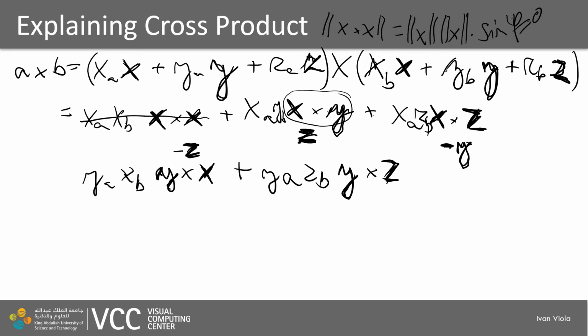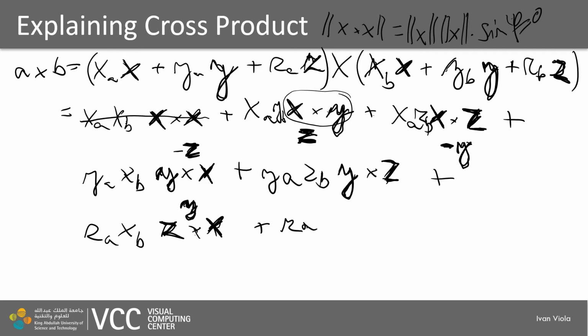And finally, ZA XB will be Z cross product with X. What is Z cross product with X? It actually is Y vector, positive, and plus